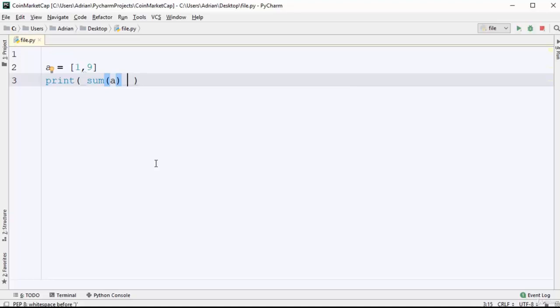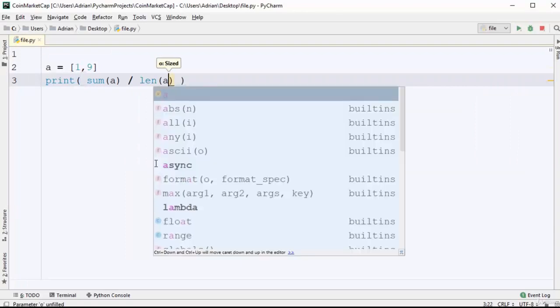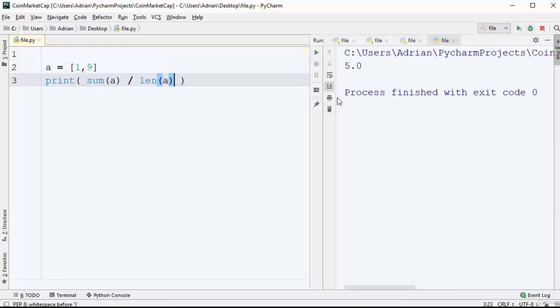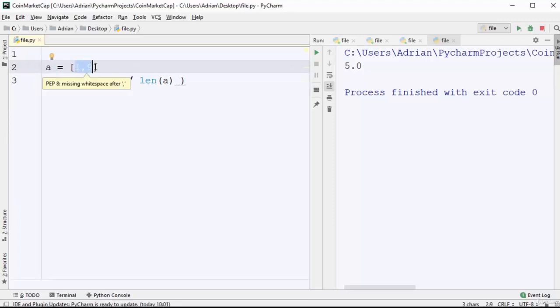After this, we have to divide the sum by the number of numbers that we have inside that list. For that, we are going to use length. So len and also our list. Basically, that's all. So as you can see, 1 plus 9 is 10, divided by 2 because we have two numbers, it's 5. If, let's say, in our list we have some more numbers, let's say 5,